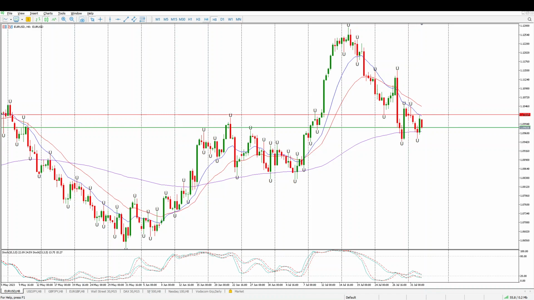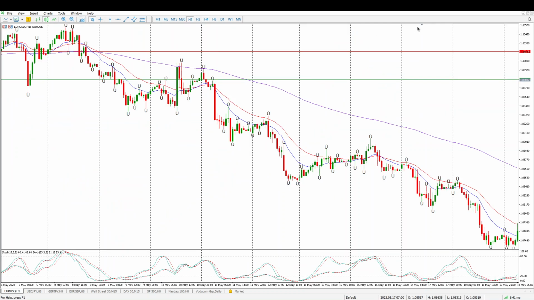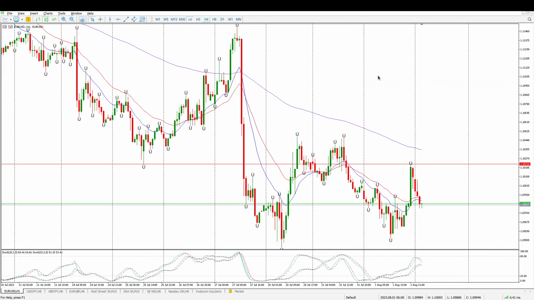So starting off with Euro USD as usual, the level we were looking at yesterday did get hit going into the close. It's not something I would have been taking going into the close, but what's happened now is we are sort of playing off that level. If we get down to the hour, you'll see what I'm talking about there. There was the level, get it exact. So we're looking at this pin bar here. You can see going into the close, it kind of hit it, and then we're coming off at the moment.